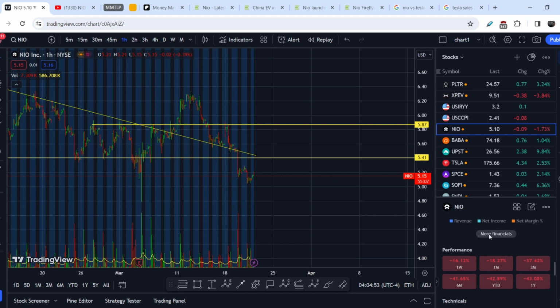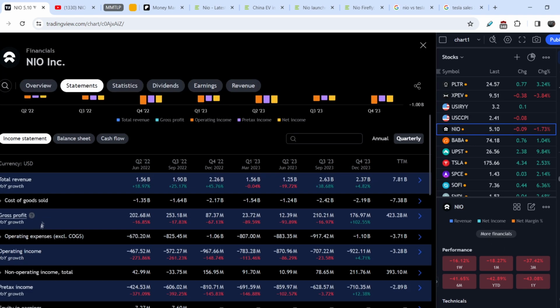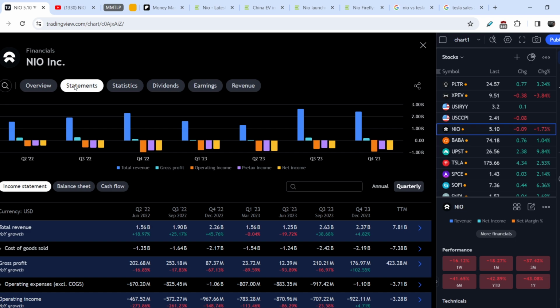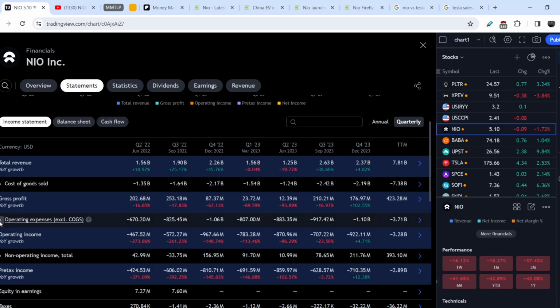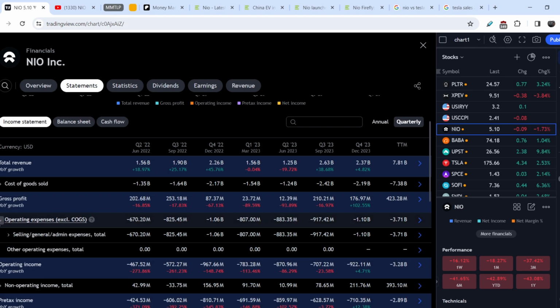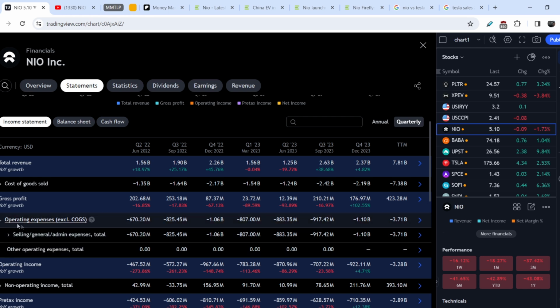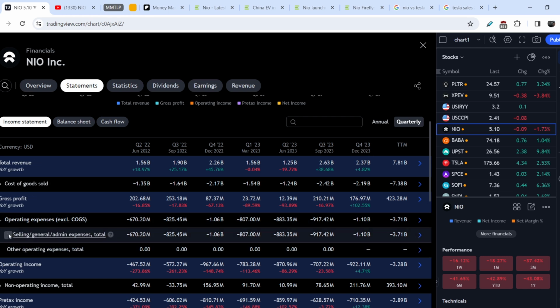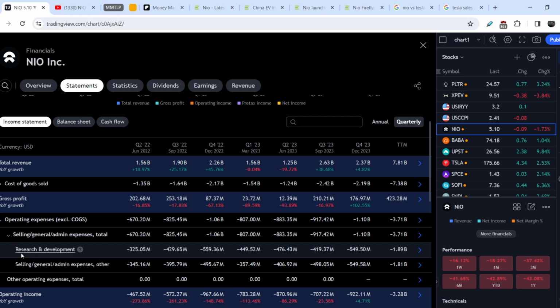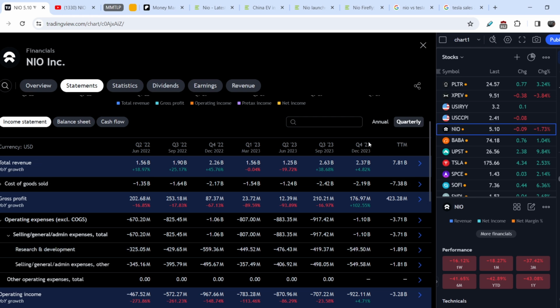If you click on more financials on tradingview.com, and here we are on statements top folder and income statements sub-top folder. You can see on operating expenses, if you open this sub-menu, selling and general administrative expenses. In total, they spent about $1.1 billion during Q4 of 2023. If you take a look on the research and development spendings, you can see that they spent more than $500,000 in Q4 of 2023. And if you take a look on the same numbers for Tesla,